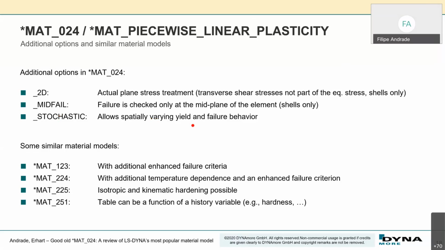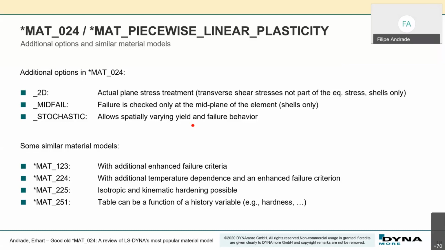And finally, I have here also 4 material models which are similar and very often used by some users, like MET 123. It's basically MET 24, but it has additional enhanced failure criteria. For instance, the thinning of your specimen or the major strain, something that you don't have in MET 24. MET 224 gives you